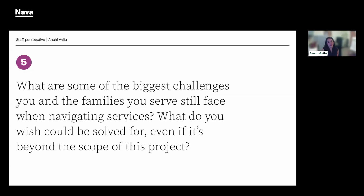The biggest challenges. I think right now it would just be the complexity of the application process itself. The language barrier, I could see how it could be a hindrance, but I would say more the complex application process and them not knowing the process. If they don't know the requirements or certain characteristics that need to be a part of those applications, I feel like that could be one of the challenges they face. But of course, if we're working together in the office, that makes it a little bit easier. And then the other one, which I think I covered in one of our previous questions, was probably